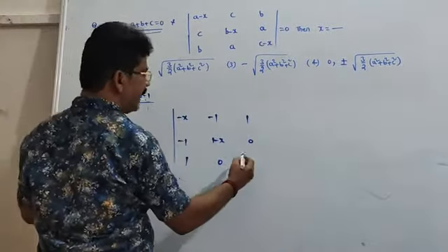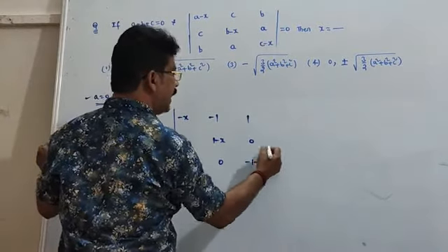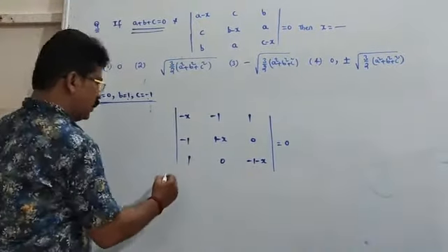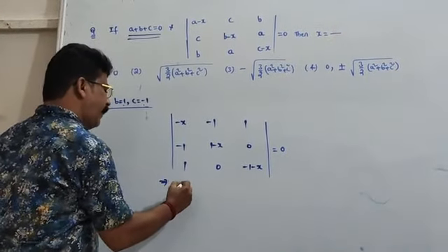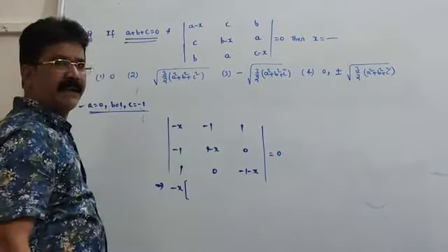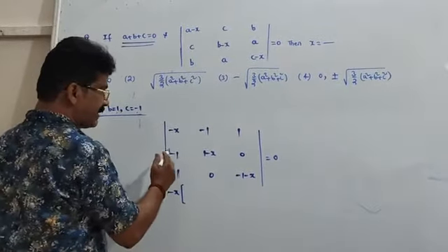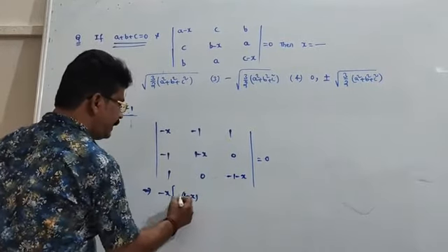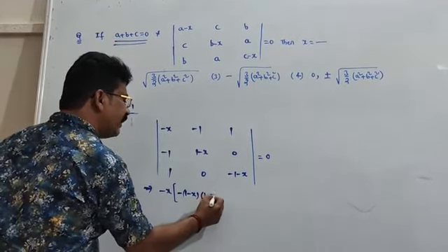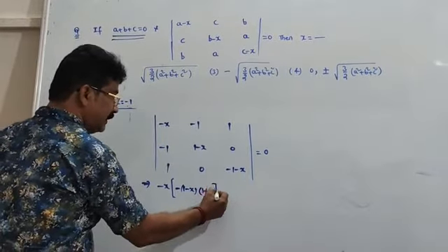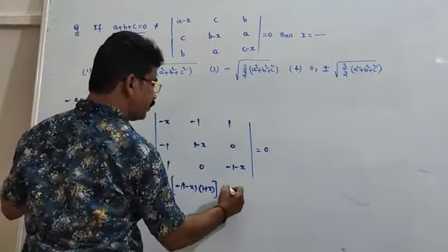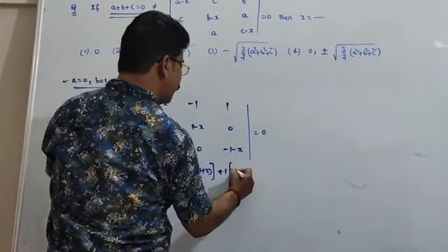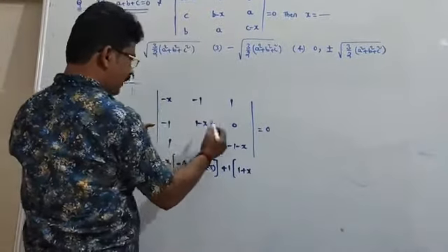Next, c minus x, minus 1, minus x, is equal to 0. This is the given equation. Clearly, we can open the determinant directly without losing time in the examination hall. So it is (1 minus x) into minus of (1 plus x), taking minus common here. Next, minus into minus plus 1 into plus 1 into this one, minus into minus 1 plus x minus 0.